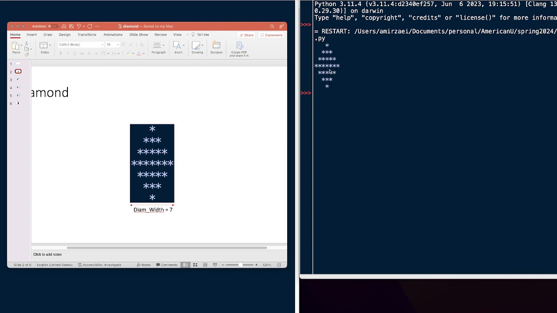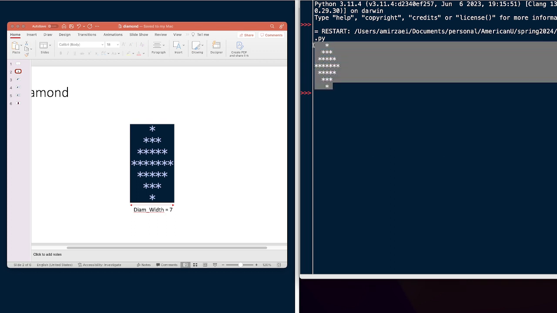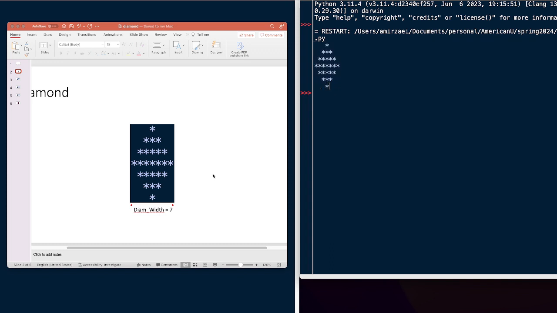In this session we want to write a Python program that generates this pattern here, which I call a diamond shape. Before I get into how we can code this program, I just want to go into more detail and explain how I attack this problem and what algorithm